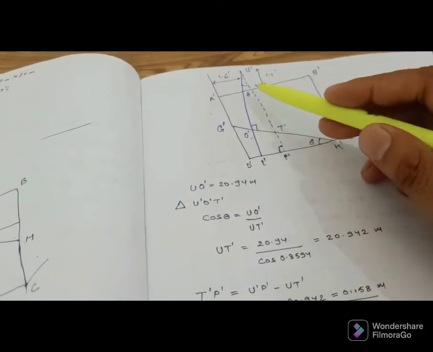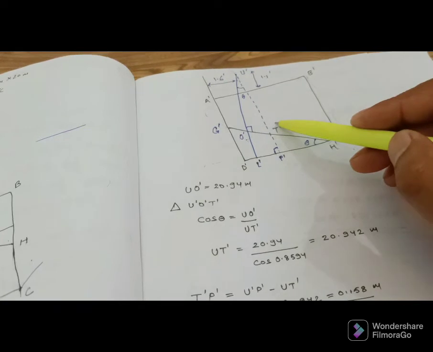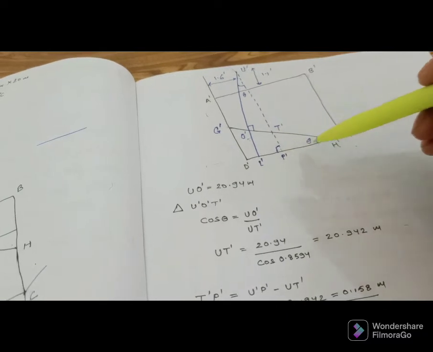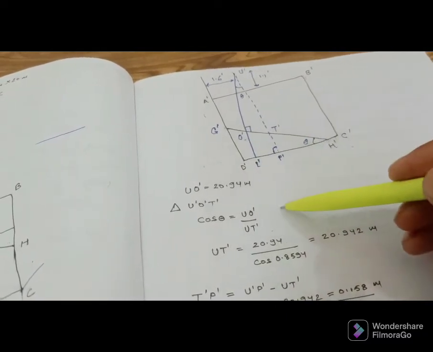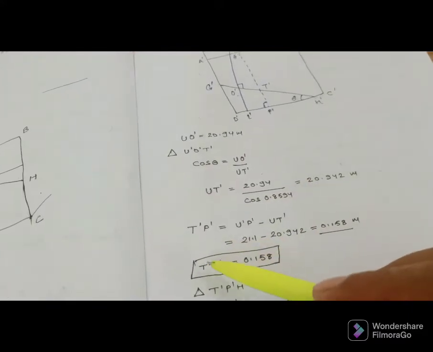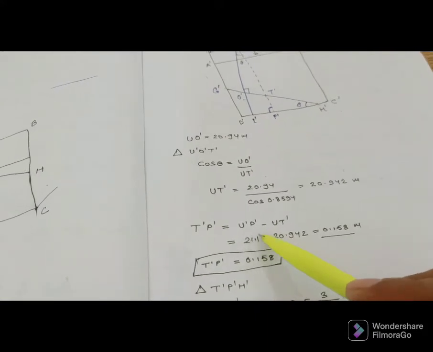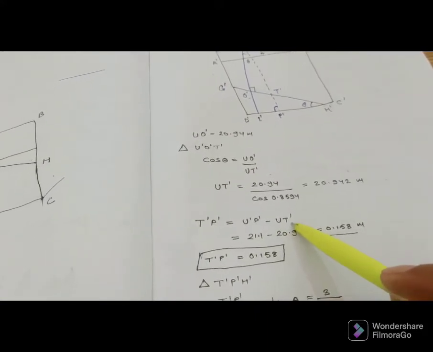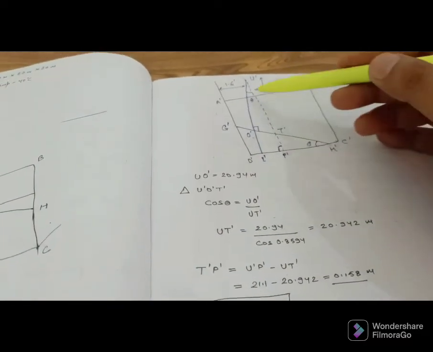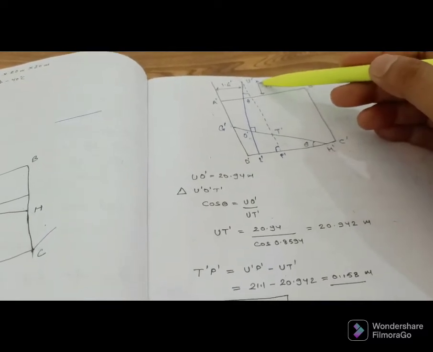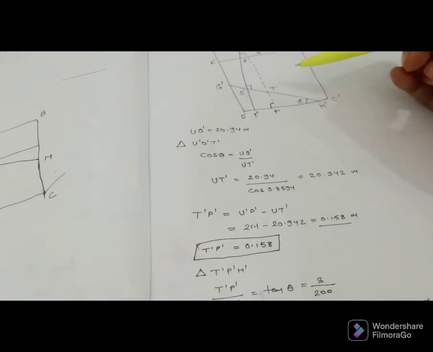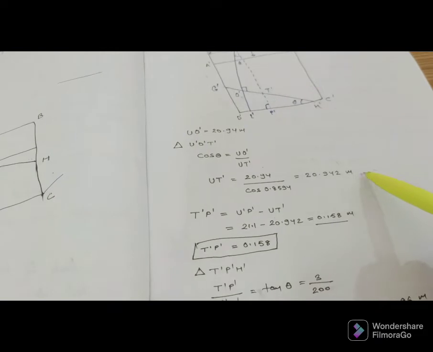Now in the triangle U'O'T', cos theta is equal to U'O' upon UT'. So by putting all the values, we get the UT'. Now we have to calculate T'P'. So T'P' is U'P' minus UT'. U'P' we already know, because this is 20 meter plus 1.1 meter, it becomes 21.1 meter. And UT' we have already calculated. So T'P' is known. So T'P' is